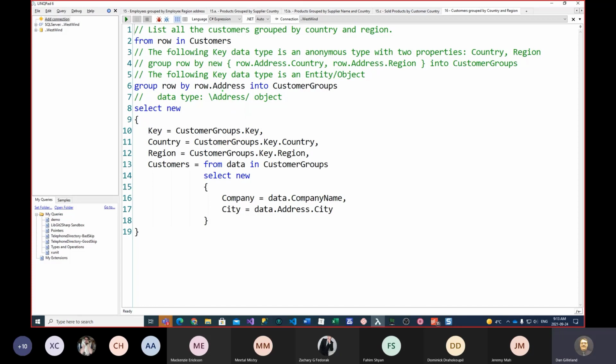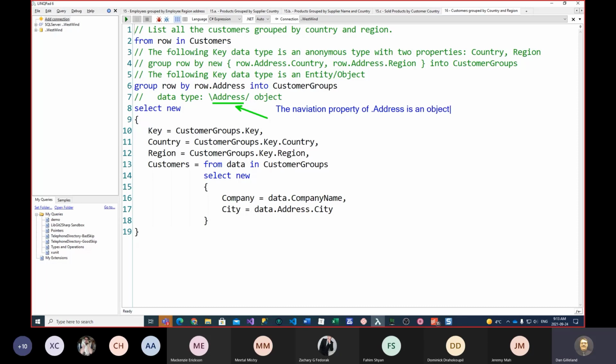So address is the navigation property. The navigation property of .address